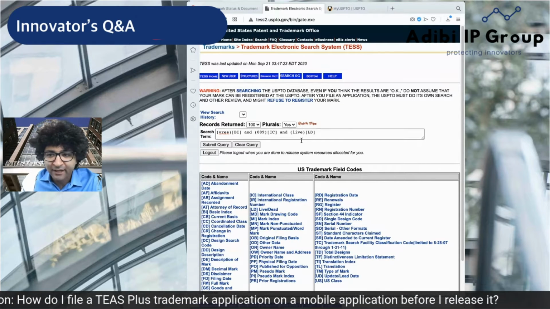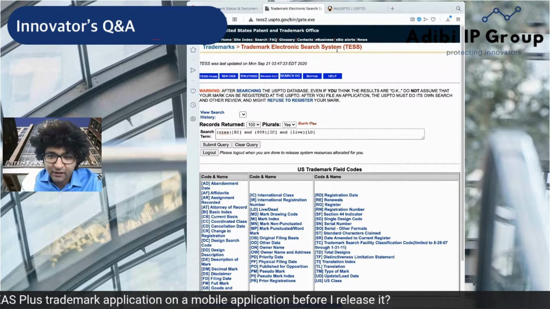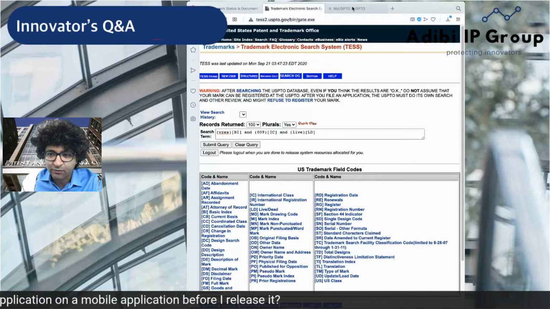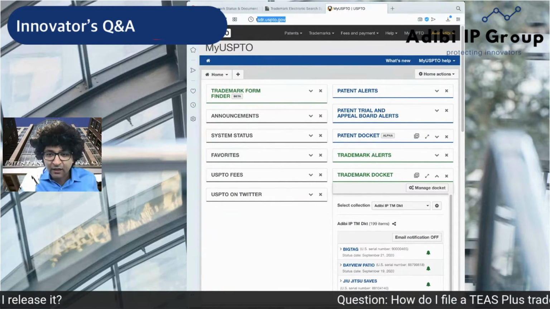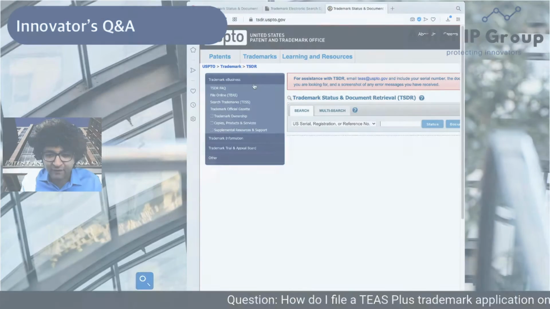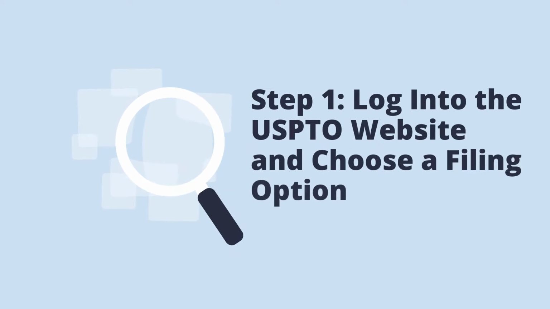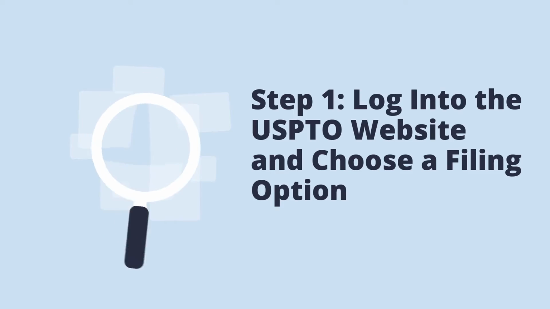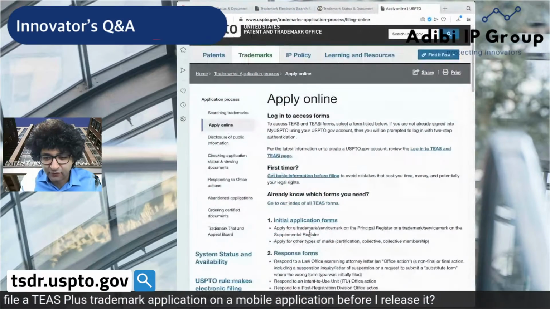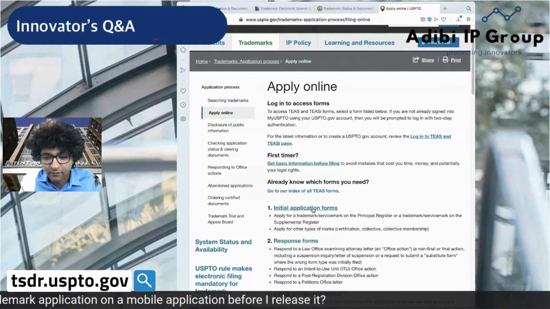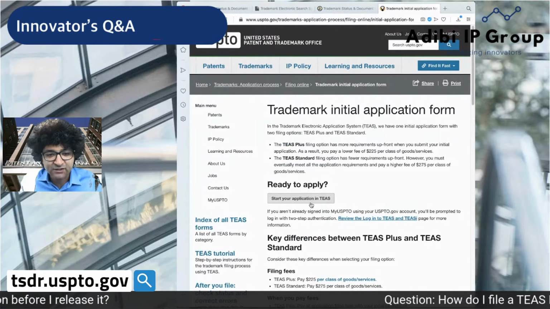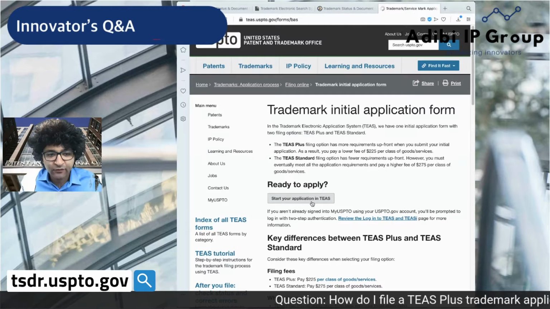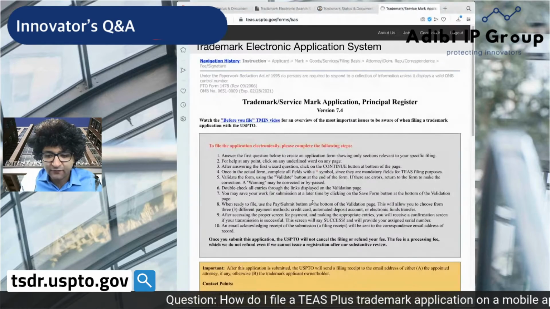Okay, so let's get the application process started. To start filing a trademark application on your mobile app, you want to go to, again, tsdr.uspto.gov, and then click on File Online. Once you get to File Online, you're going to want to go to Initial Application Forms, and we're going to do a TEAS. You're going to click on Start Your Application, TEAS, and today we're going to do a TEAS